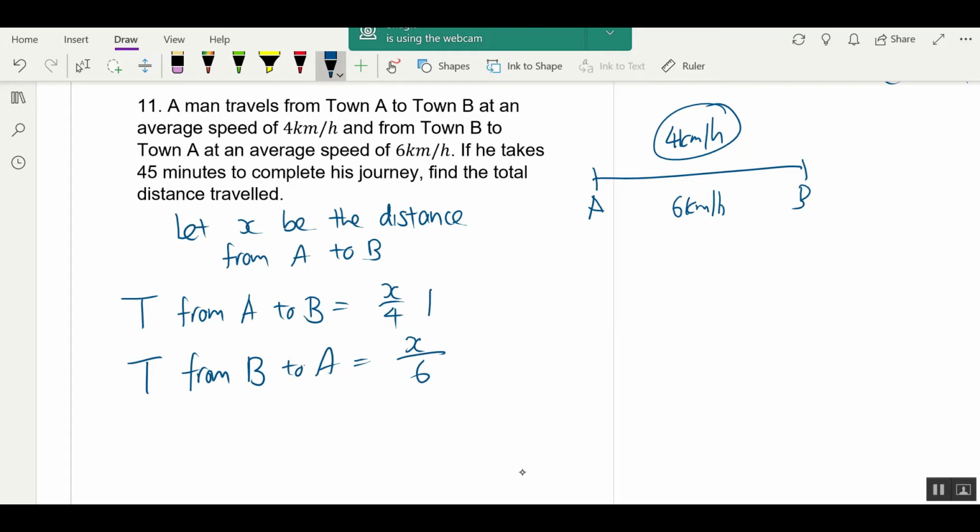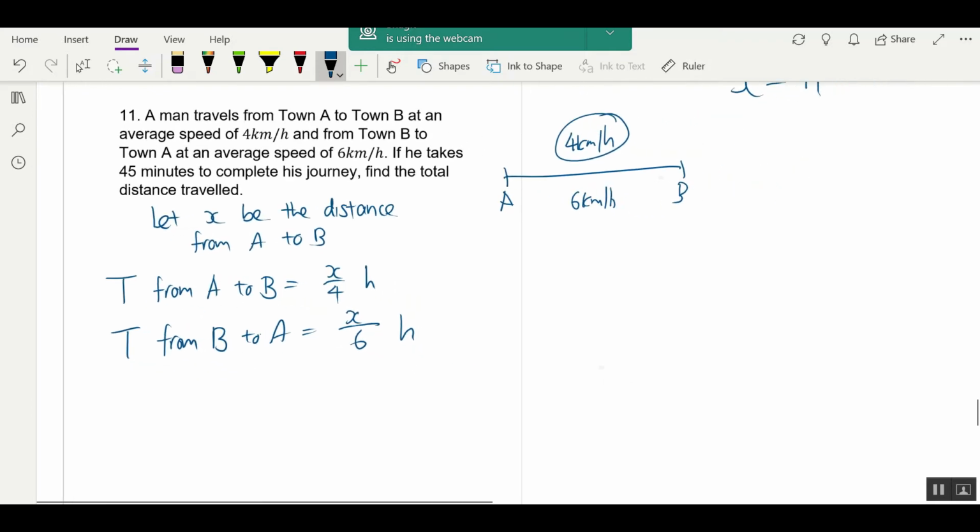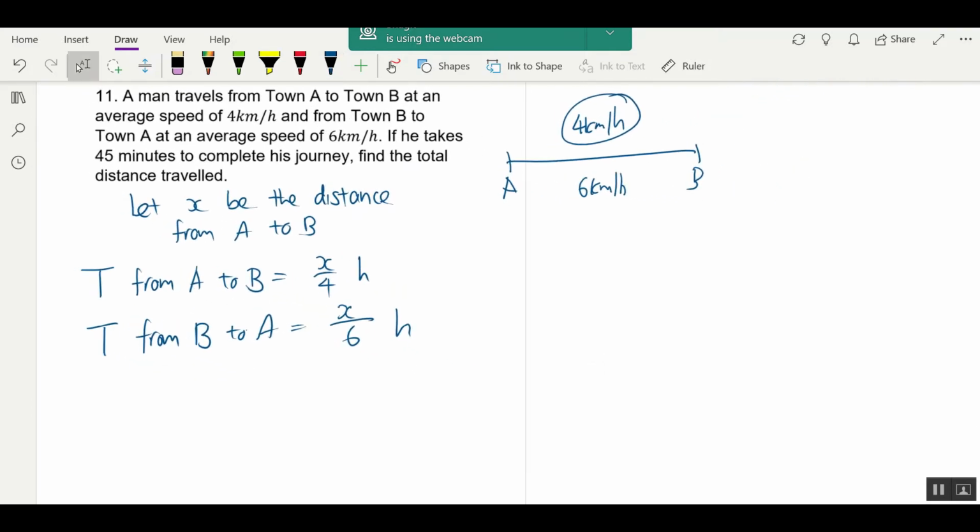Okay, at this point we should write hour. That is because we are doing kilometer per hour. Okay, so we know that these two time is in terms of algebra. So what is the total time he takes to complete the journey? That will be 45 minutes, which means that x over 4 plus x over 6 is equals to 45, and